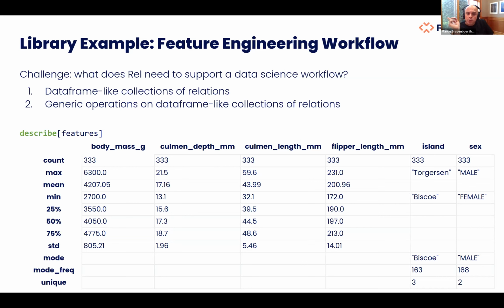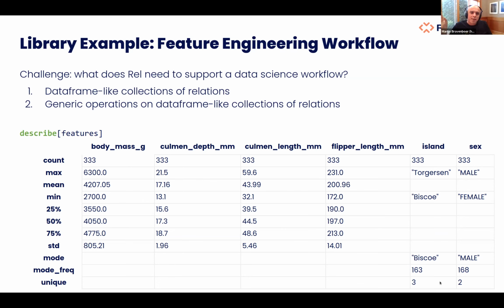All right. One example that I want to give briefly to sketch out where we're going with this schema abstraction. If you look at a typical feature engineering workflow of a data scientist, then they often use this function called describe. It's a very interesting function. So they have a data frame. A data frame is kind of like a set of relations, right? And they give it to the describe function, and the describe function reflects over what is in the data frame, and it shows you a bunch of statistics about the data in there. So maybe for numeric things, it might give you averages, but for things that are not numeric, it might give you the most common value and all kind of stuff.